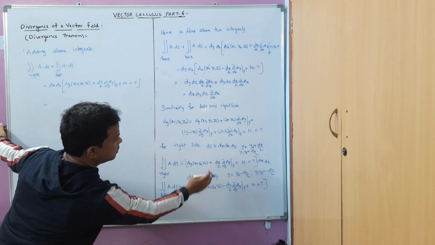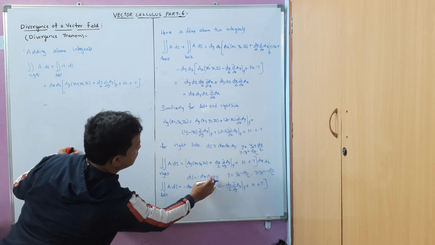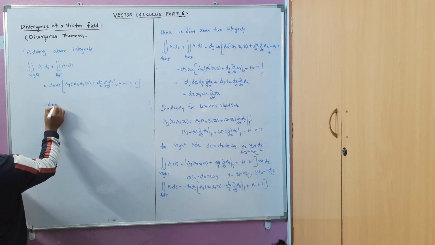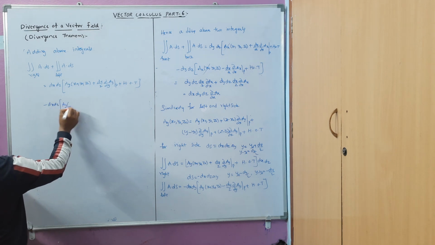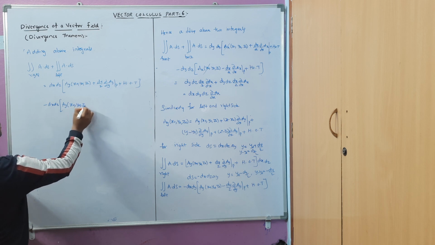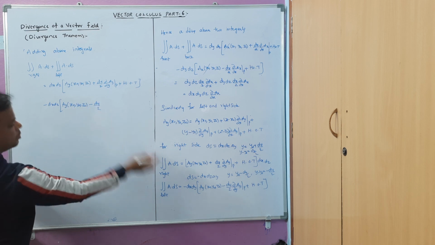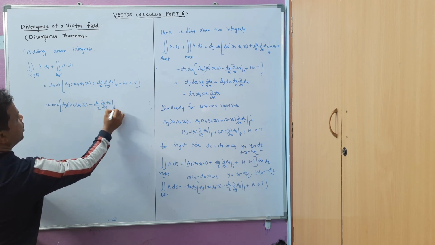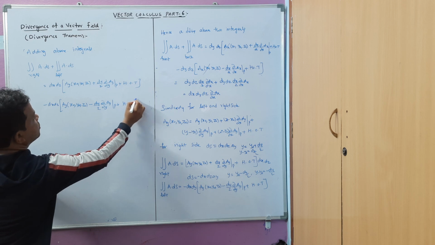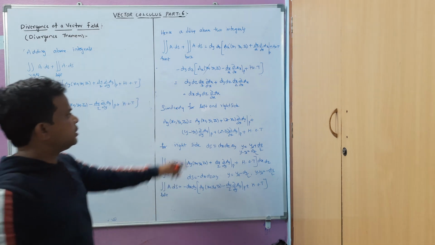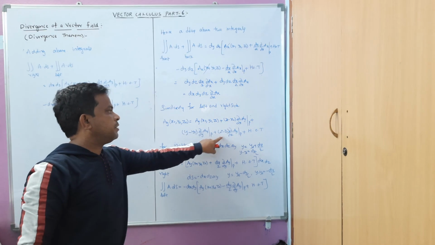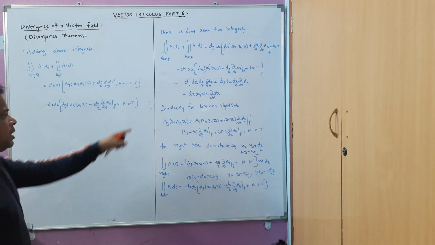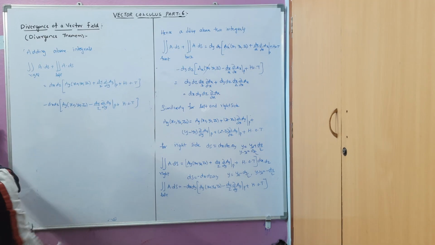So this is dx dz, into ay of x naught, y naught, z naught minus dy by 2 dou y of ay at point P plus higher order terms. We are not going to have all the terms in this expansion, since x minus x naught and y minus y naught we don't know. So we are going to have expansion only in the y direction. That's why all the other terms are 0 and the remaining higher order terms we'll have.